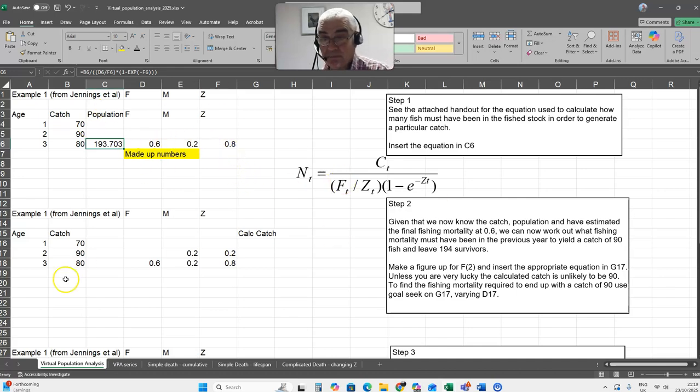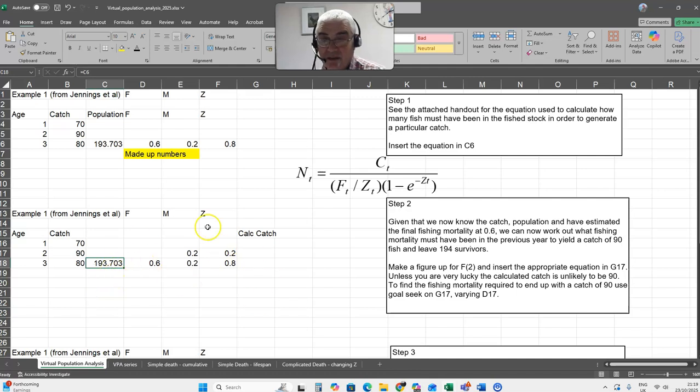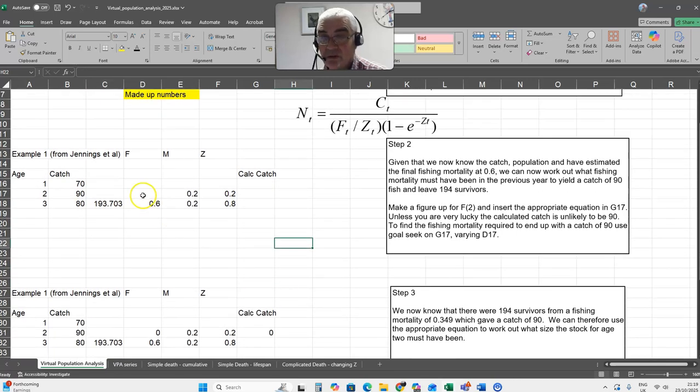Now, let's just slot that in there. We'll go to the next bit. So I was trying to make it simple by splitting these things up, you know. So we basically got 193 supports a catch of 80, and we now have to put in